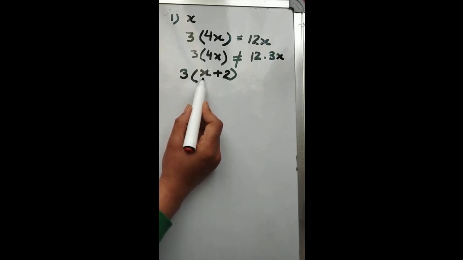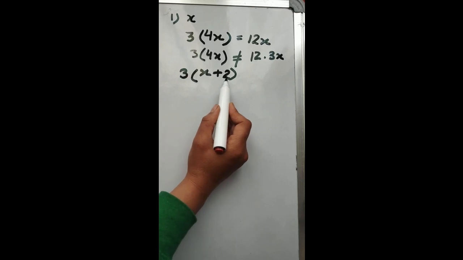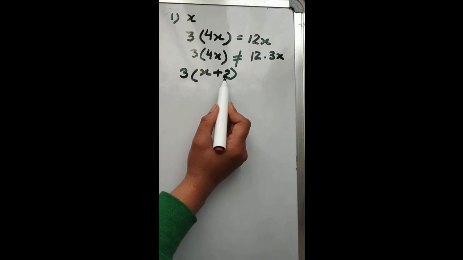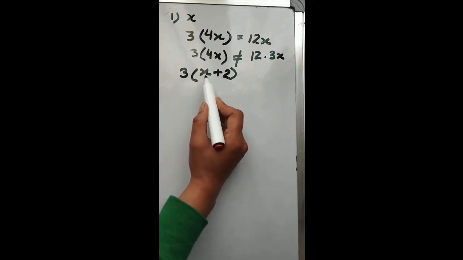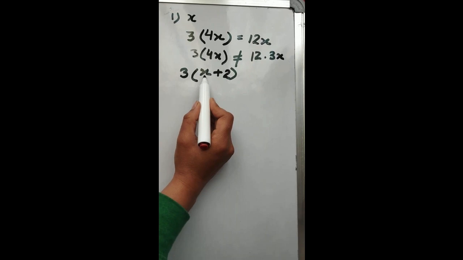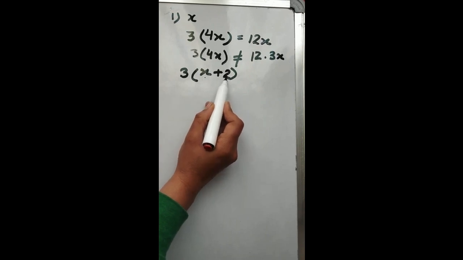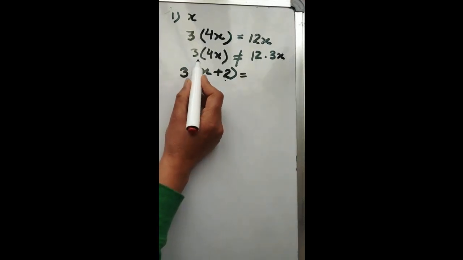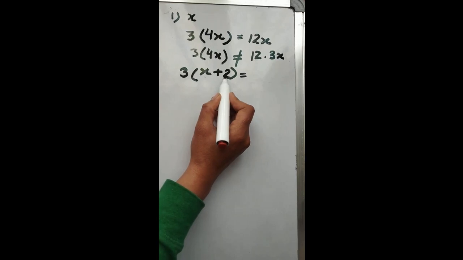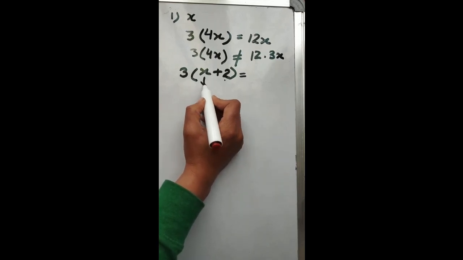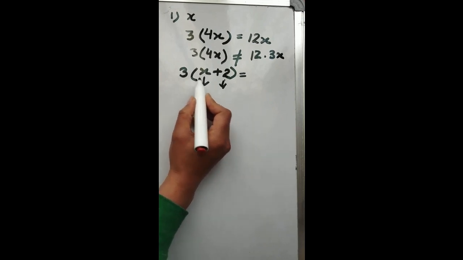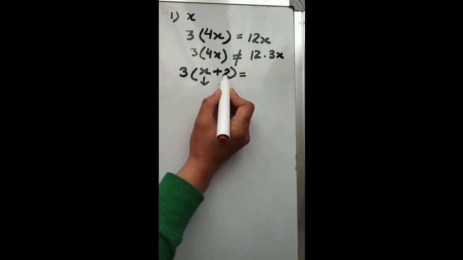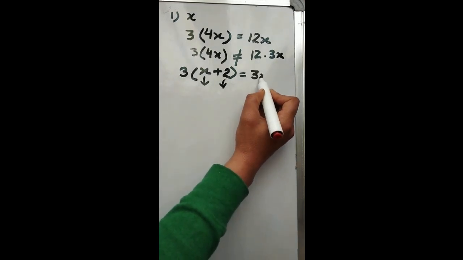This can be the length. This is the length of something and this is 2 units length again. Okay. This is not the frequency of x. This is some other length then. So 3 times this means 3 times this length and 3 times this length also. Whenever we have it like this, we multiply 3 with x also and 3 with 2 also, because there are 2 things: one, the cost of a pen and then 2 rupees more, or the length of something then 2 units length more. So 3 times this and 3 times this. So the answer is this.